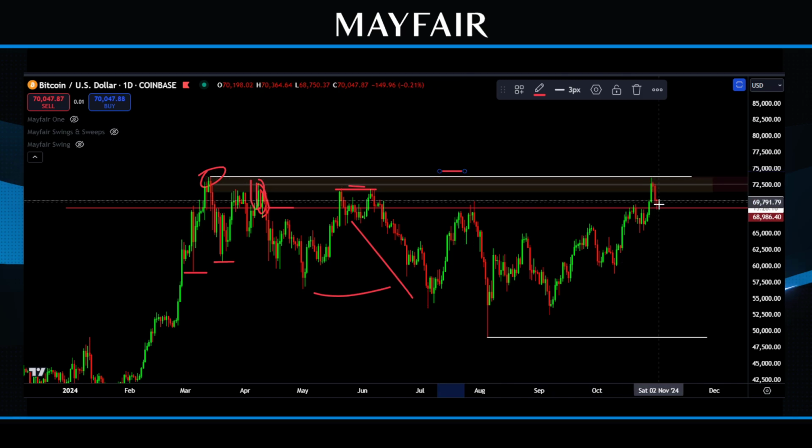Now there's nothing stopping us having a sweep, obviously, and we could. I just don't think we need a sweep up as far as this. Okay, 80k is a lot of what people talk about. I can see a sweep at 75k as a potential price point, because there will be liquidity.